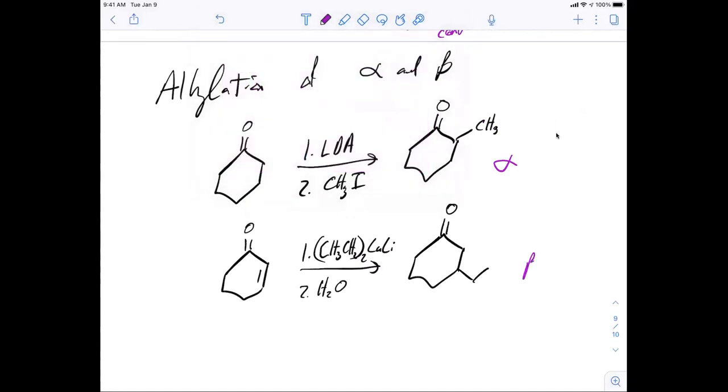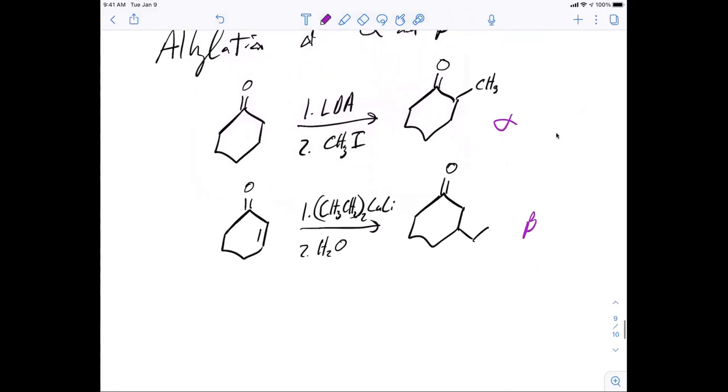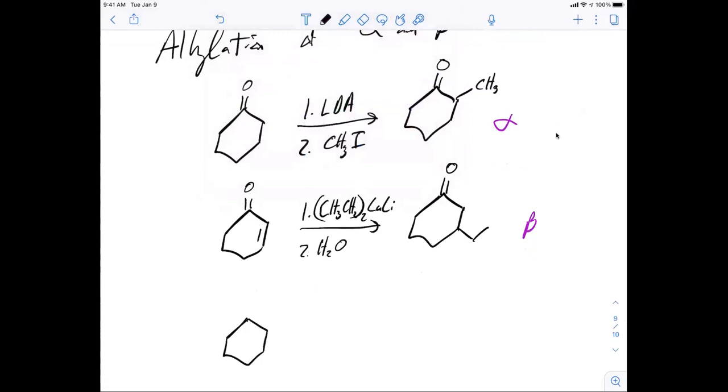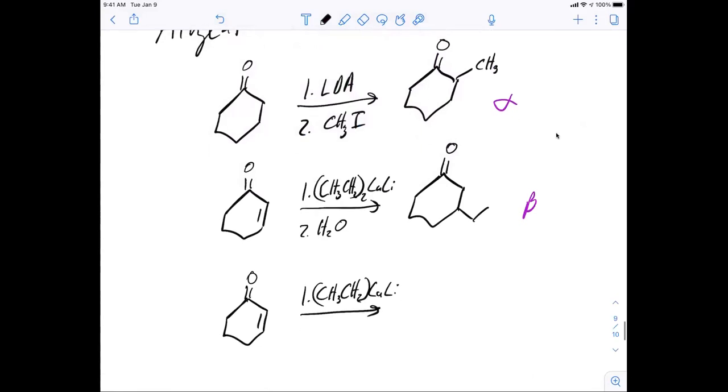And this is the beta addition. But you can also do an alpha beta addition by combining these two. So the first step, you add your Gilman, which is going to be a beta addition. Second step, instead of using water, you use an electrophile. So instead of reprotonating, we're actually going to have the reaction